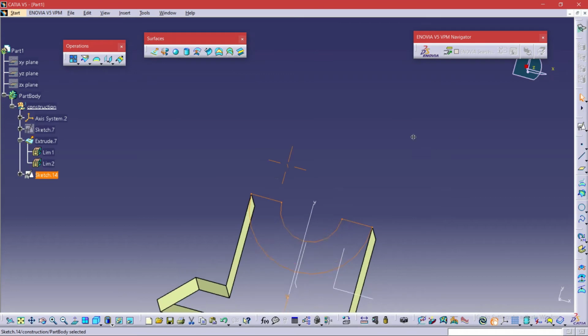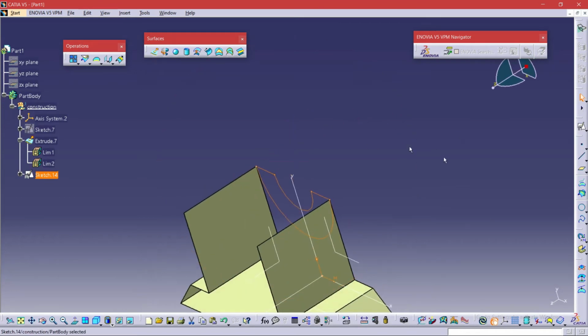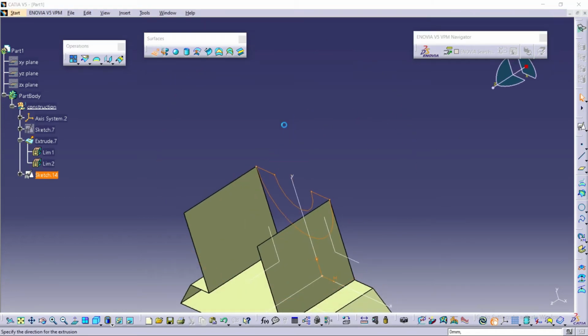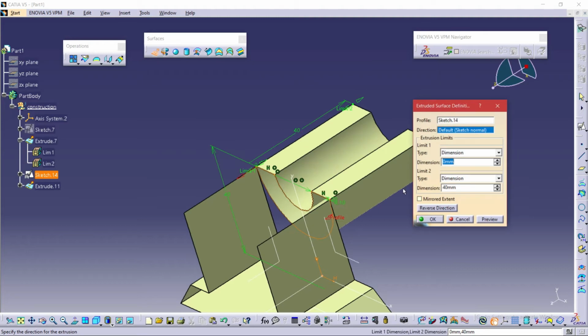If there is some extrusion of the sketch outside, then it won't match the same length of what we have extruded before. Now is the time for the extrude command. You can see that I have used the extrude command and it's been extruded in the other direction. For this, we have to adjust the direction from where it was extruding.